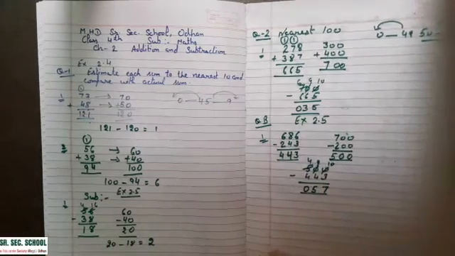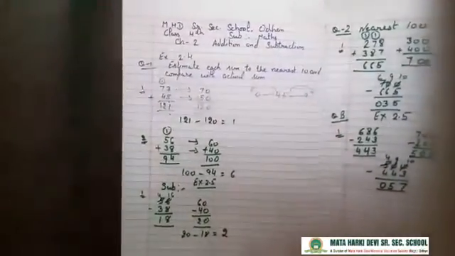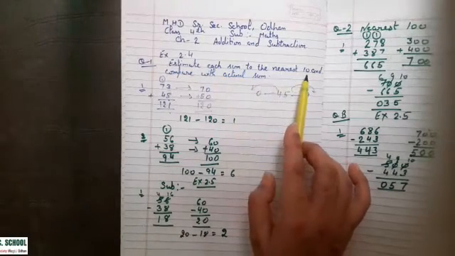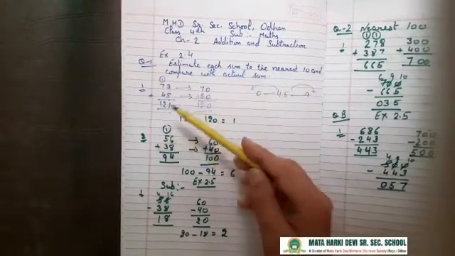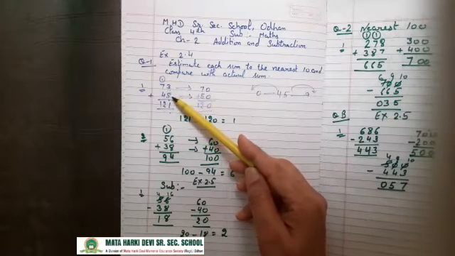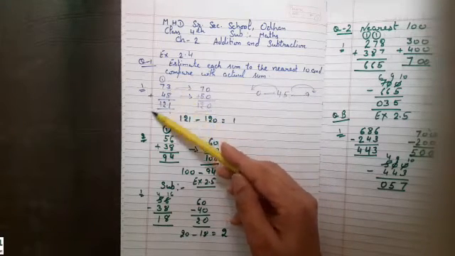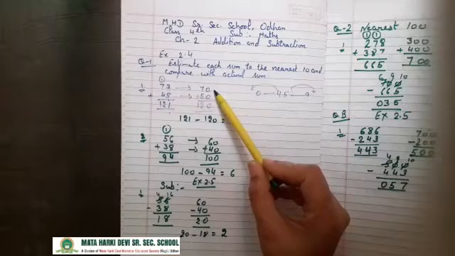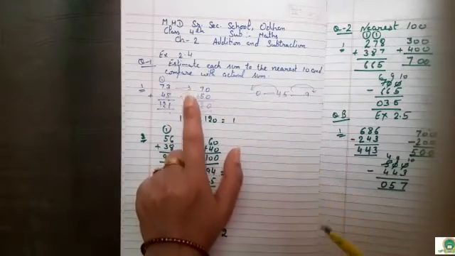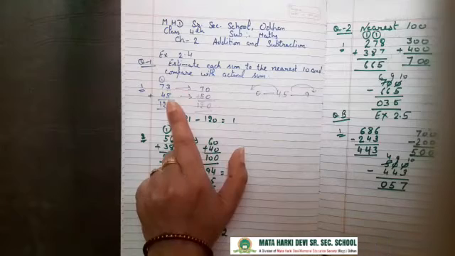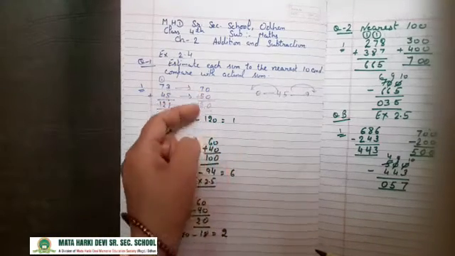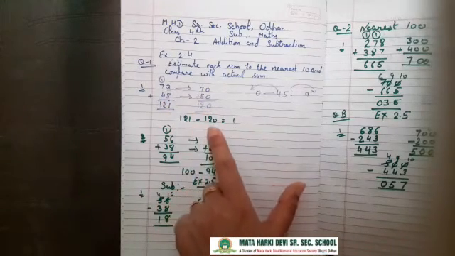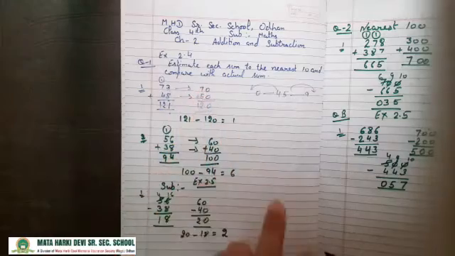So let's see again what we have done today. We estimated each sum to the nearest 10 and compared with the actual sum. We have taken two figures, we have taken the actual sum, and after that we have taken the nearest 10 figures. 73's nearest 10 is 70, and 48's nearest 10 is 50, and if we add them it will become 120, and we will take the difference between the actual sum and the nearest 10s.